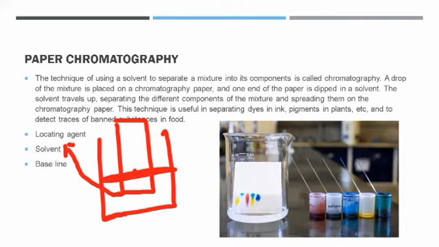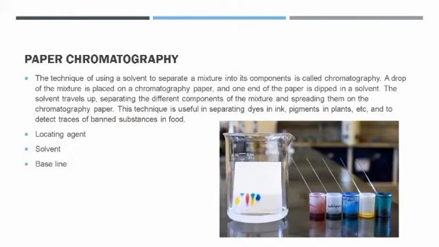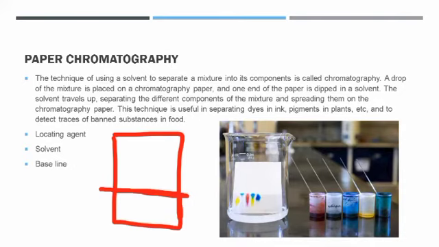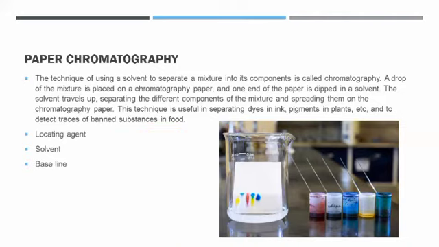Okay, then what's the baseline? The baseline is the line on which I place my sample. So this is my chromatography paper. This is a line I've drawn with pencil. Why pencil? Because if it's ink, then that ink can mix with the sample, because ink is soluble in water, whereas lead is not soluble in water, and my pencil is made of lead. So that's why I will make my baseline with the pencil, and then I'm going to place my sample on it. And this baseline is not going to dissolve with my solvent.